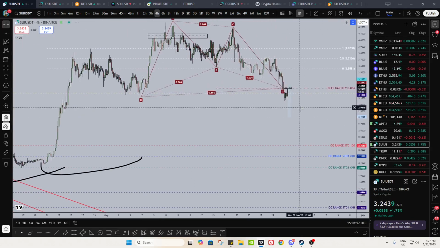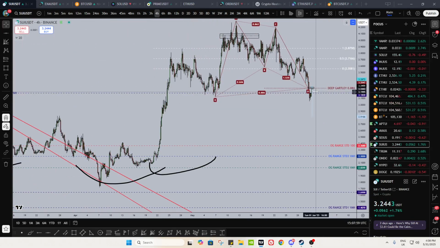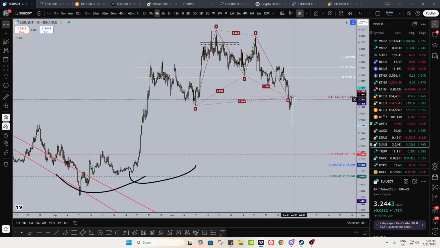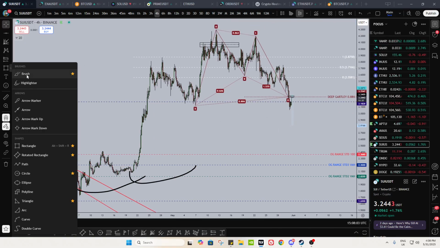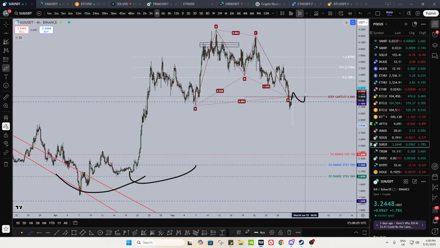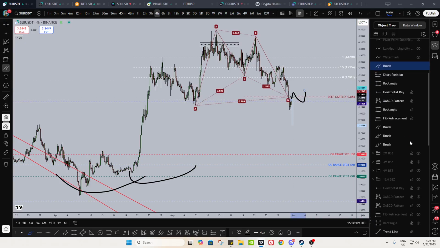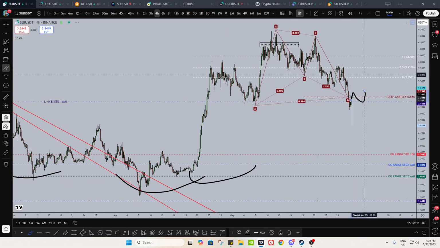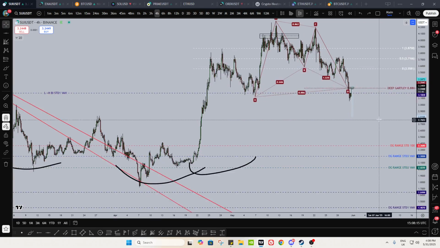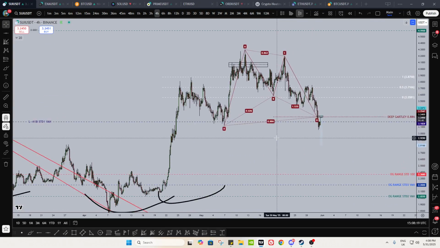But this, if you can reclaim, it's a beautiful scalp to swing long here, in my opinion. You'd be targeting basically this again. If you can get above this, I'd be looking for, I mean, you would have the 786 above you technically, so that's something else you should put down as well, the 786 of the Gartley. But above the 786, it's back towards here, right, for SWE. But yeah, that is SWE.